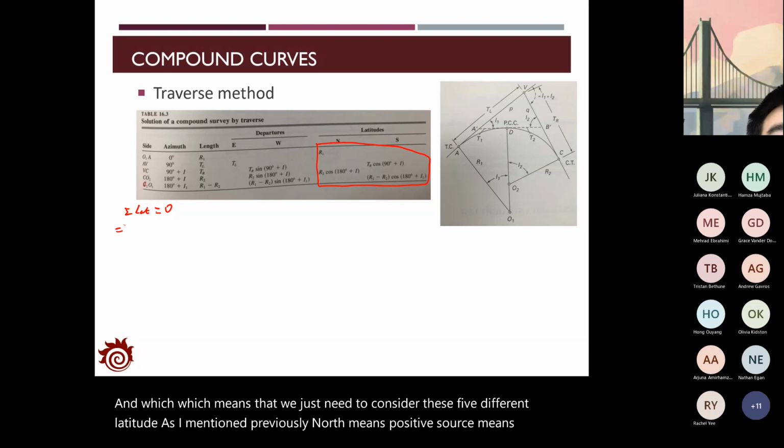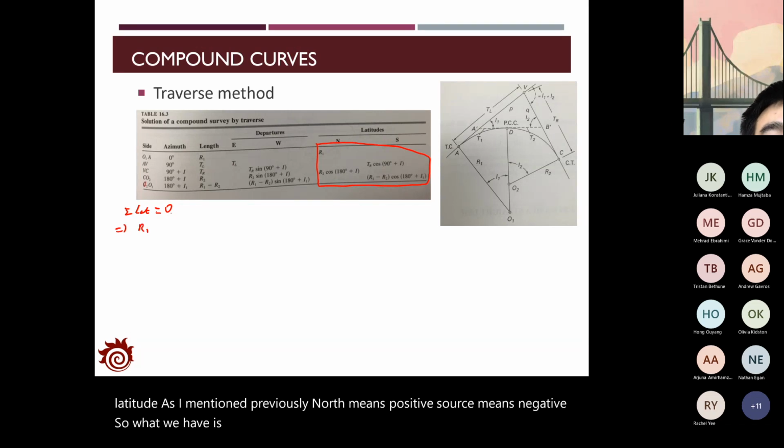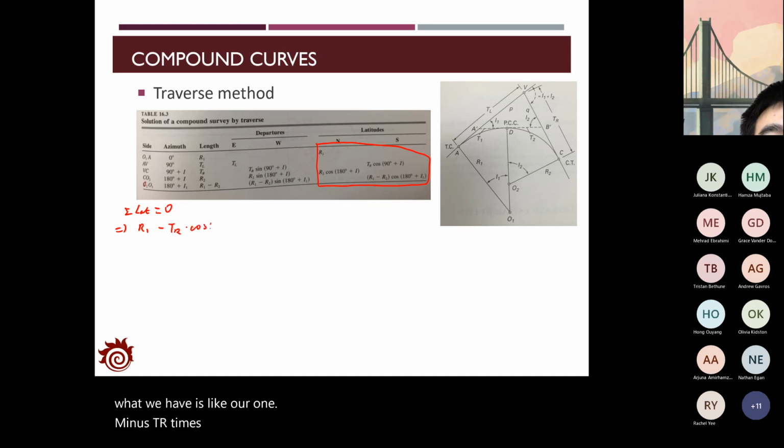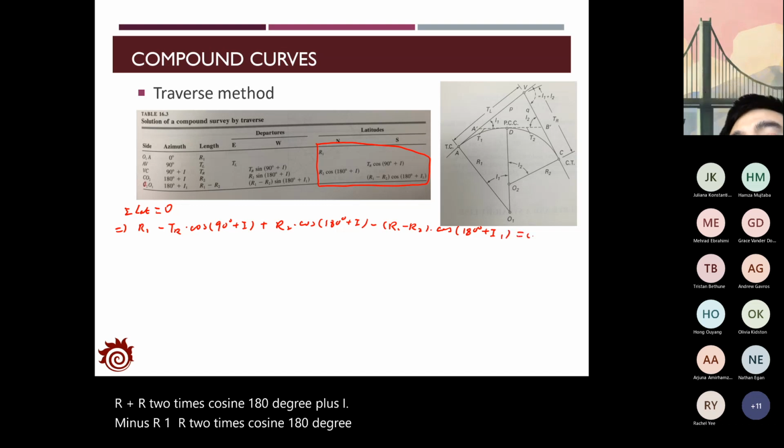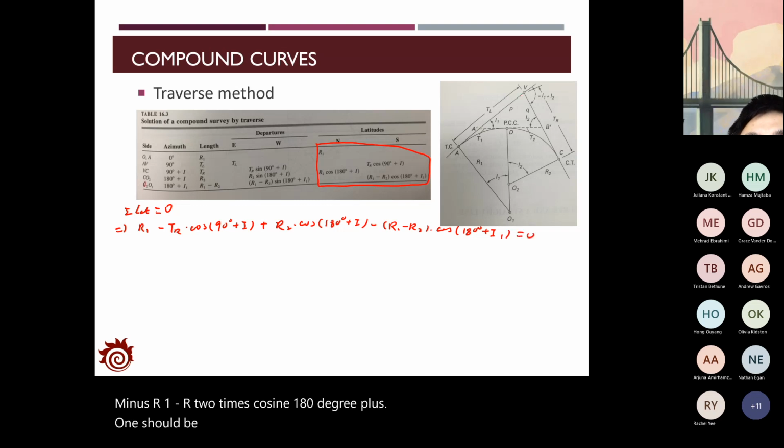So what we have is R1 minus TR times cosine 90 degree plus I, plus R2 times cosine 180 degree plus I, minus R1 minus R2 times cosine 180 degree plus I1 should be 0. Again, we are working on this closed loop